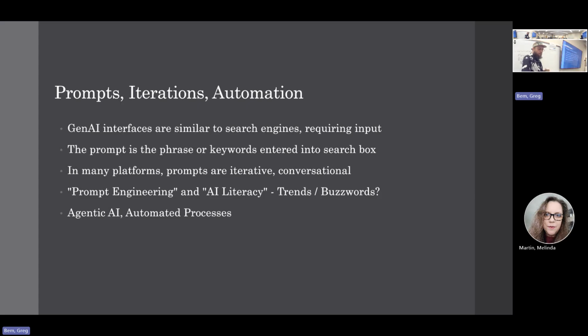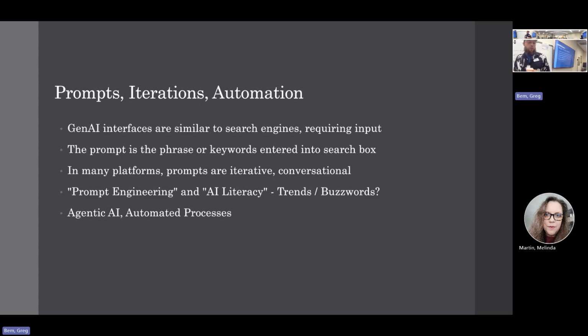In the context of workforce and education, there are these terms here in quotes: prompt engineering and AI literacy. Has anyone heard of these before? Have they come up in your class or you're working? So prompt engineering is the idea that you can become an expert at using those tools, knowing which prompts to use in order to successfully complete tasks.